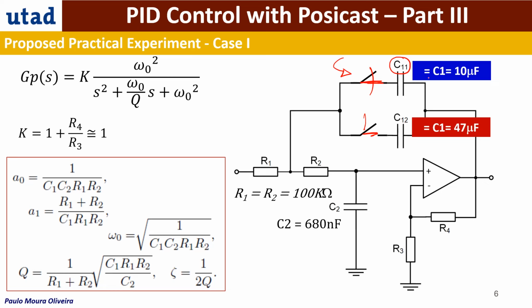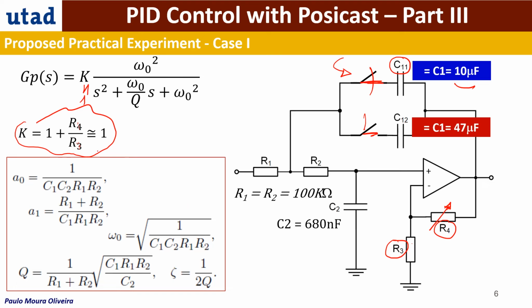Okay, the first one is this value, and the second value is this one. I'm not going to go into details, but you can easily obtain these values. If you select resistors R4 and R3 in the appropriate way, we can make this gain approximately 1. That's what we're going to consider as 1, because of this selection of these resistors. This is usually a potentiometer, and this is a fixed resistor, and this is tuned, so this is